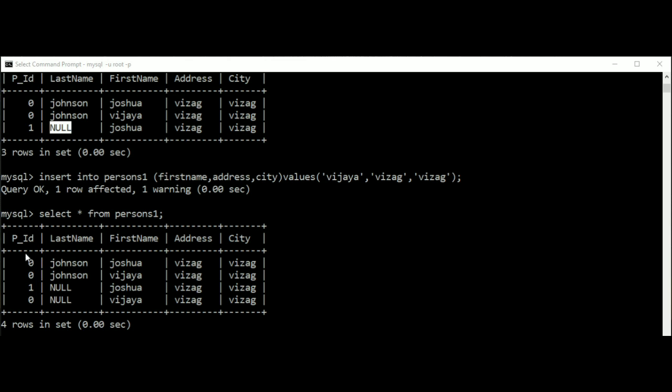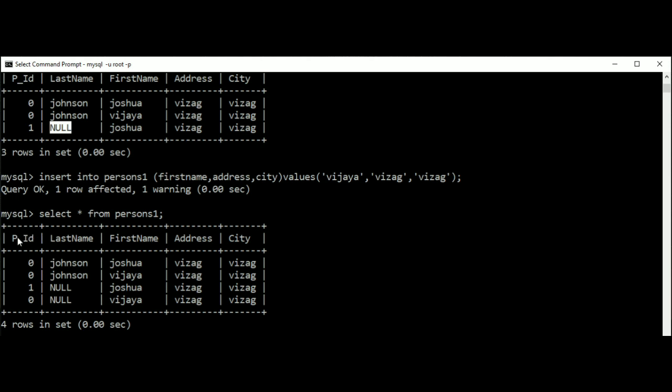Now let us check whether this PID value is going to allow null values if this PID is defined in the form of a character data type. Till now this PID is of which data type? It is in integer data type. Now let us try to modify this PID column into a varchar data type and check the insertion of the values, what it is going to do.